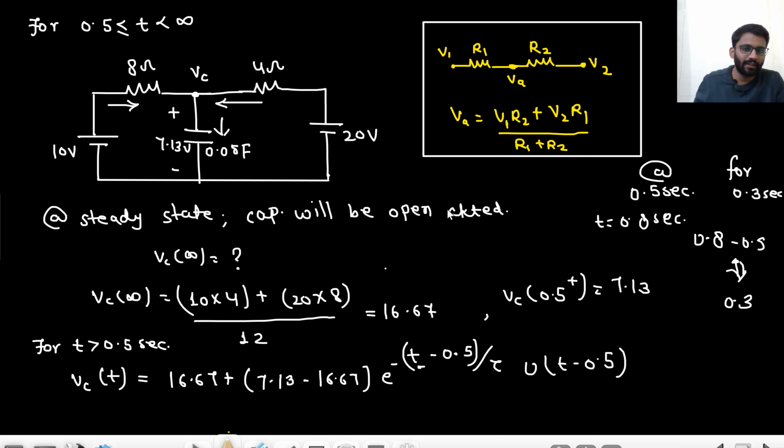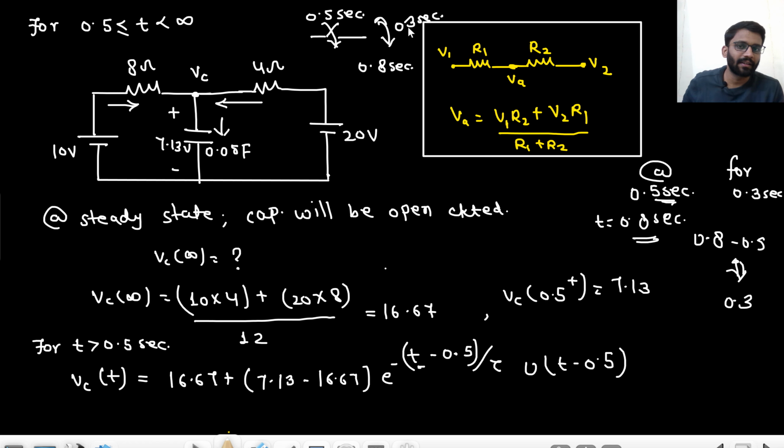Right? So I will put time t equals 0.8 second here. But for how much time has the switch been closed? Only for 0.3 second. This time minus this time. Are you getting my point? I am closing the switch at 0.5 second. Now I am asking what is the capacitor voltage at 0.8 second. For how much time has the switch been closed? Only 0.3 second, right? The switch is not closed for 0.8 second; it is closed for 0.3 second only. So to get 0.3 second here, I need to write t minus 0.5. If I put my time as 0.8, then 0.8 minus 0.5 will give me 0.3 second only.